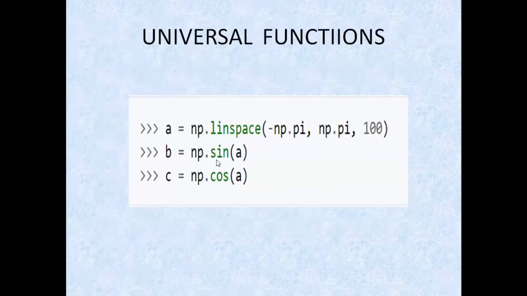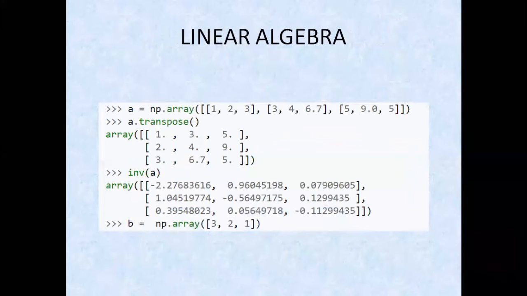And you can apply any function, like the sine function. It is a mathematical function. When you apply it over an array, it will be applied to each and every element in that array. Similarly, cosine. While talking about linear algebra, many would say that you need to study vector algebra, linear algebra, everything for machine learning. So how are we going to apply it in the path of data science or machine learning? Through NumPy. You have various built-in functions which are used to implement the linear algebra functions or mathematical functions.